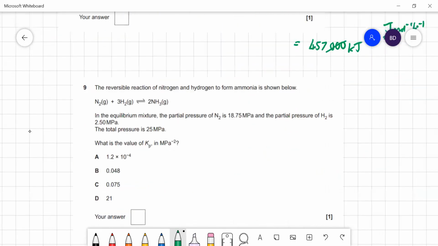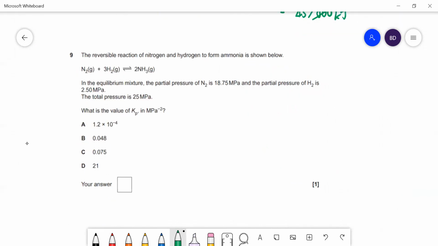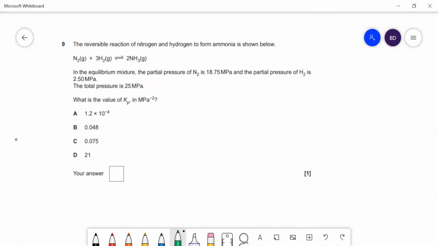Number 9. Right, so we've got nitrogen and hydrogen combining to form ammonia. To give us the partial pressures of nitrogen and the partial pressure of hydrogen and the total pressure. So the first thing we're going to do, we can work out the partial pressure of ammonia by subtracting. So the partial pressure of ammonia is equal to the total pressure, 25 megapascals, minus the partial pressure of nitrogen, 18.75, and the pressure of hydrogen, 2.5. That gives us 3.75